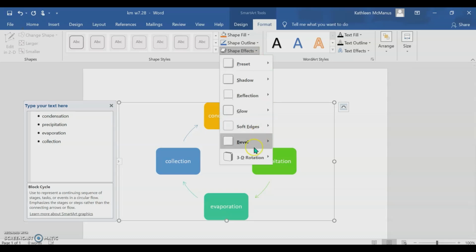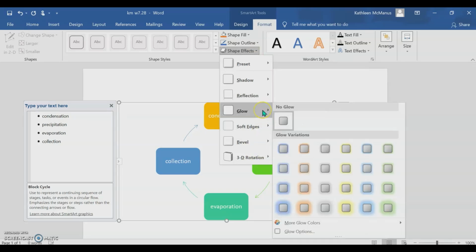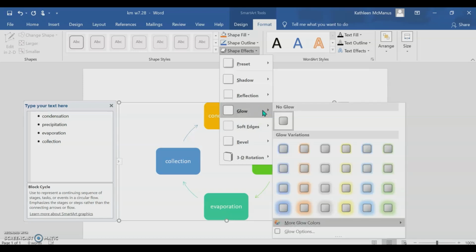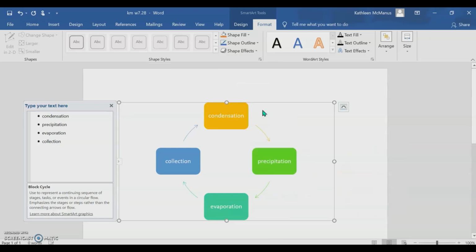And once you get there, there's different things to choose from. Preset, shadow, reflection, glow, etc. Glow is where you'll find some kind of intense effect. You can choose another one if you'd like. You might notice if you have the vision that the colors seem brighter. Okay, but you can also choose the shadow effect, whichever you like. And now you're done. So just Control S